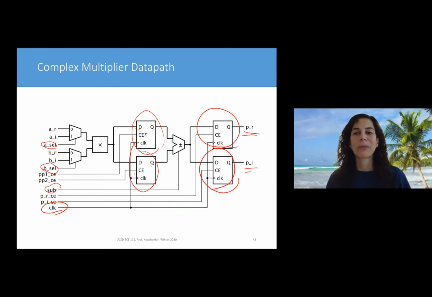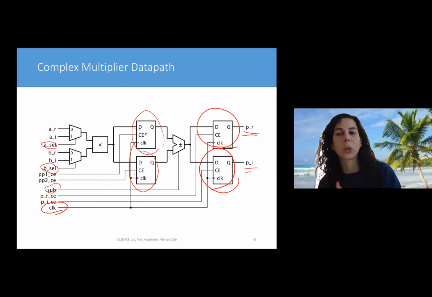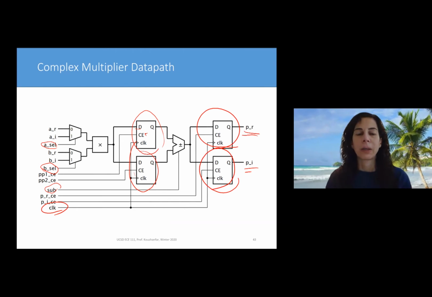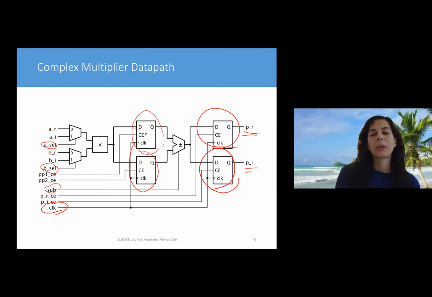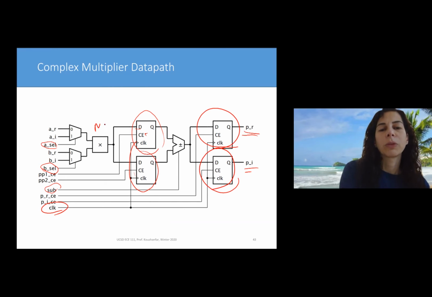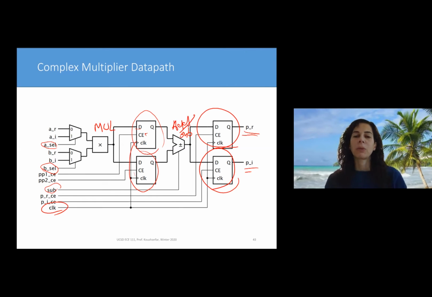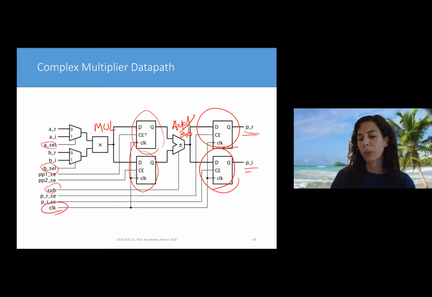You have to think about all the steps that go on with having only one multiplier and one adder subtractor. So this is the one multiplier and one adder subtractor, which is doing this operation. But once you understand this, the selection signals are pretty straightforward, and I could definitely go ahead and write the